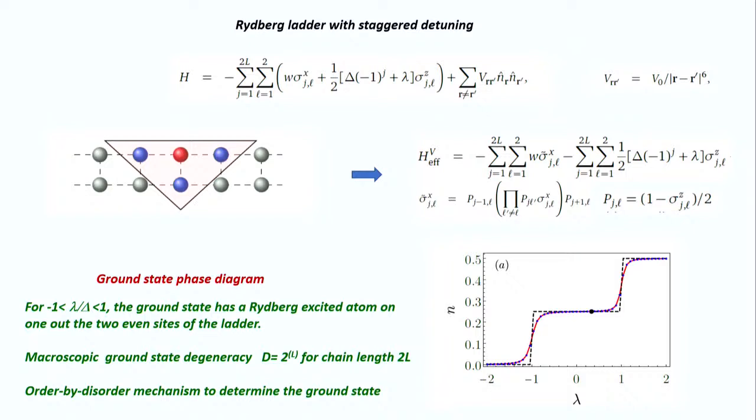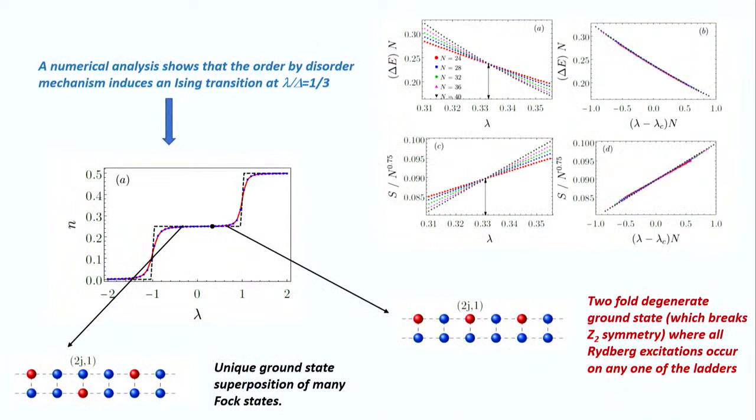Now, this order by disorder mechanism, quantum fluctuation giving rise to order in the ground state, is nothing new. It has been known since the 1980s, and people have looked into this both in the context of thermal steady states as well as ground states of quantum systems. But what is a bit interesting is that inside this plateau, at around lambda by delta equal to 0.33,